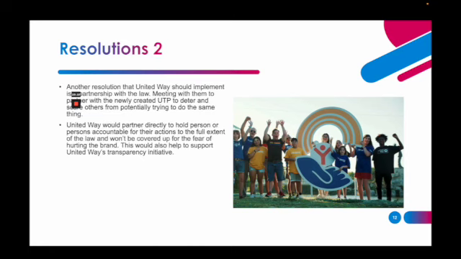Resolution 2. Another resolution that United Way should implement is the partnership with the law, meeting with them to partner with the newly created UTP, as we just discussed, to deter others from potentially doing the same thing. So essentially creating a program to whistleblow on their own individuals to the law to try to hold everybody accountable and to make sure that the funds are actually going where they should be going and